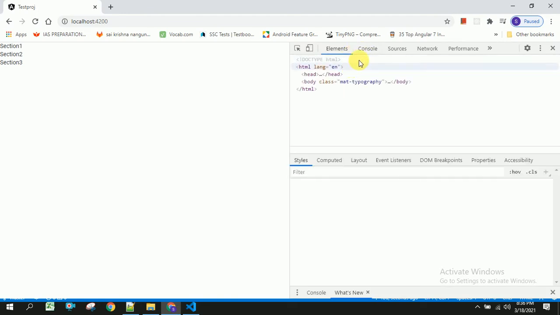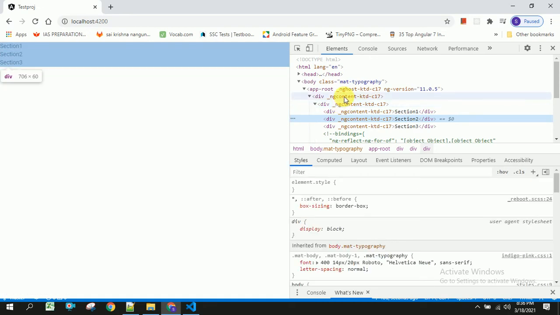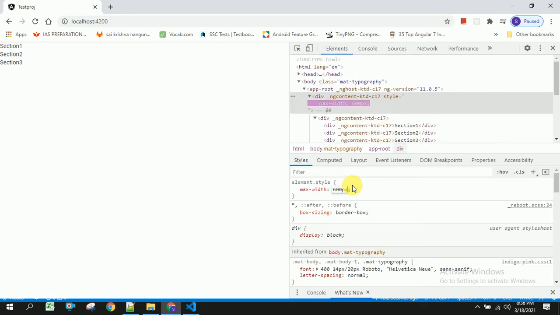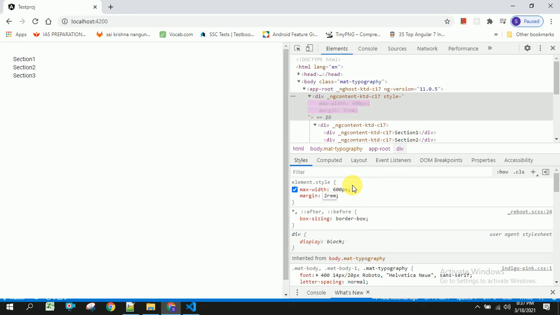I will create some styles here, and I will copy this and paste it in my CSS file. So it will be better to show this here itself. I am going to this div, and here I am going to add some styles called maximum width, which will be somewhat 600 pixels, and margin will be 2rem auto.